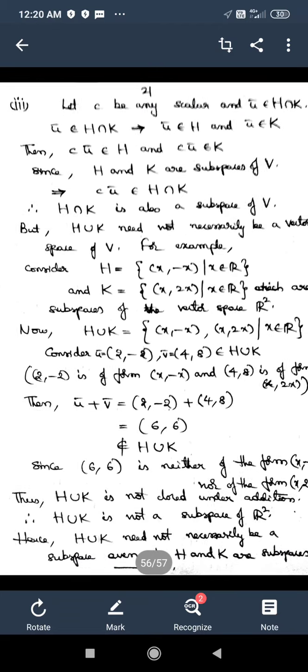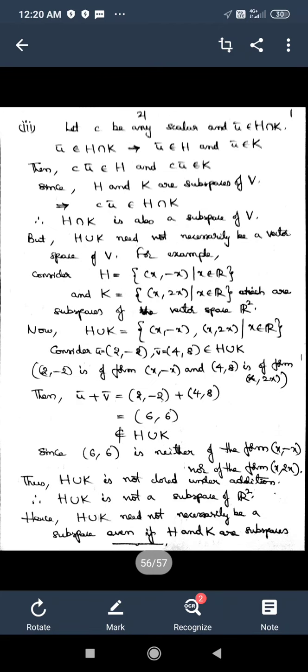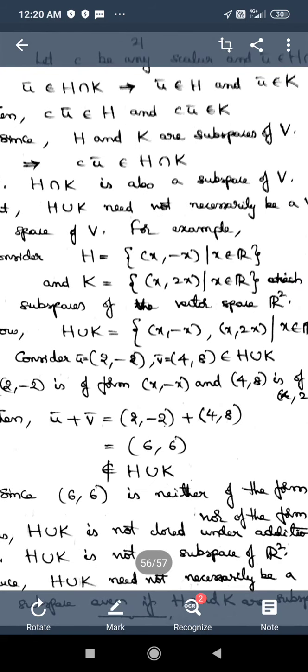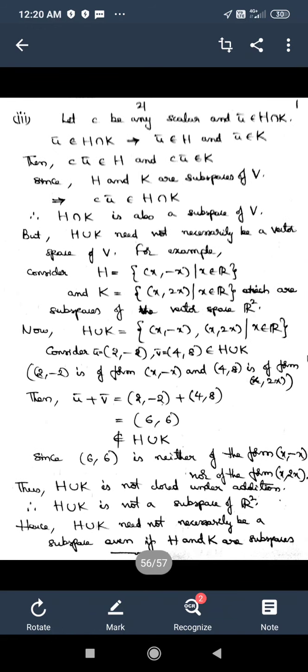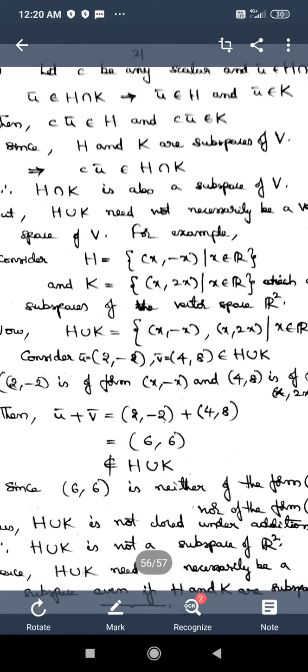Now, as all three conditions are satisfied, we can say that H intersection K is also a subspace of V. But in the theorem, it is further stated that H union K need not be a subspace of V. To prove that,